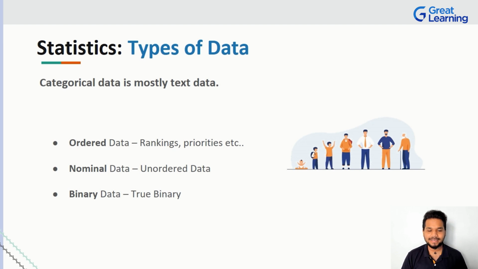Next, we have binary data. Now, binary data talks about true binary events, right? Ladies and gentlemen, the concept of binary should be very familiar to us. In fact, the computer that I'm working on, the computer that you are seeing this on, your mobile phone, probably your watch, almost anything digital, in fact everything digital in today's world exists between these two states, 0 or 1. So it's actually binary. Whenever I ask you a question and say, hey guys, is this true or false, you have only two choices: binary, true, false, yes, no, 0, 1. Correct? Just think about it.